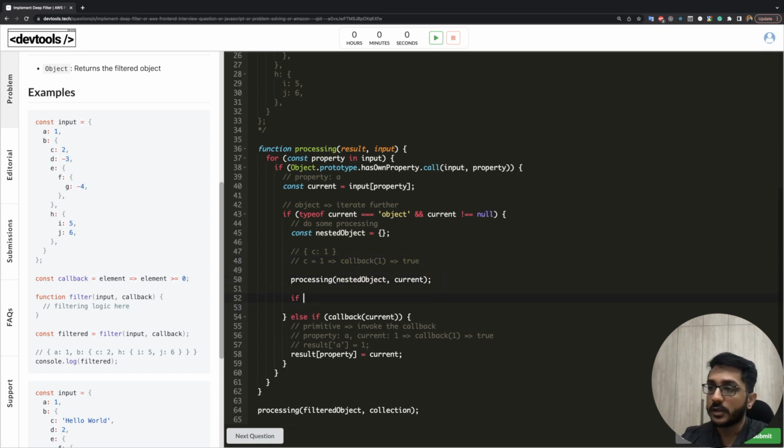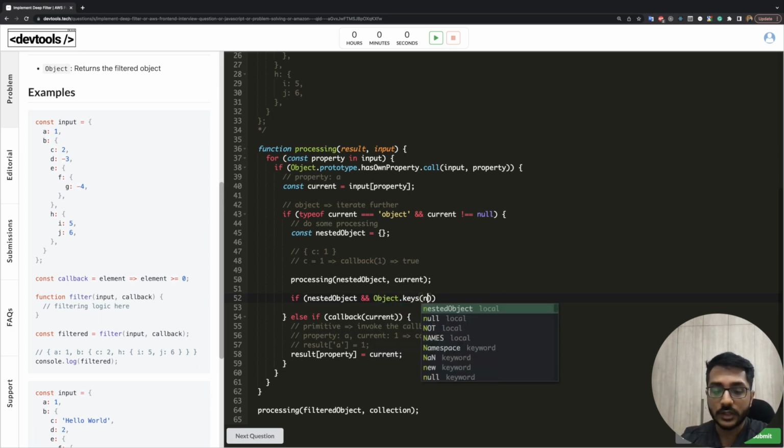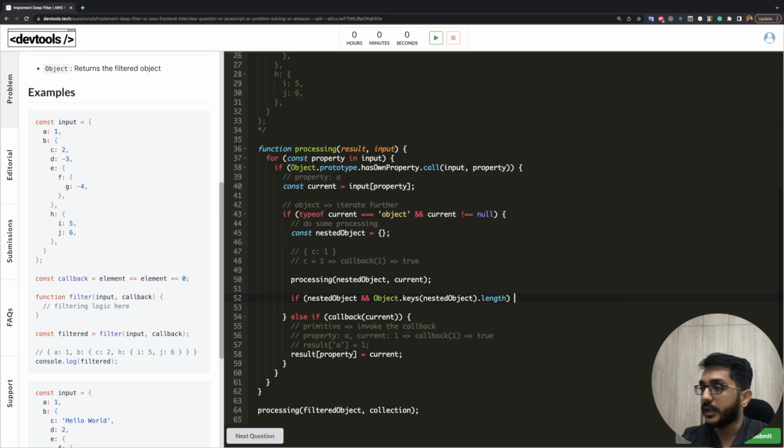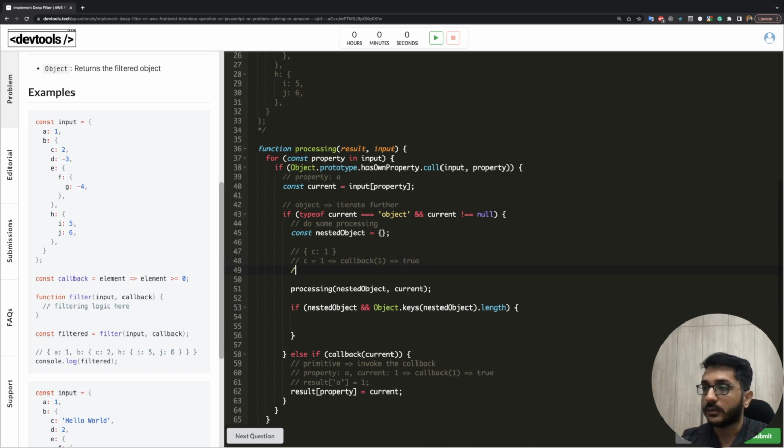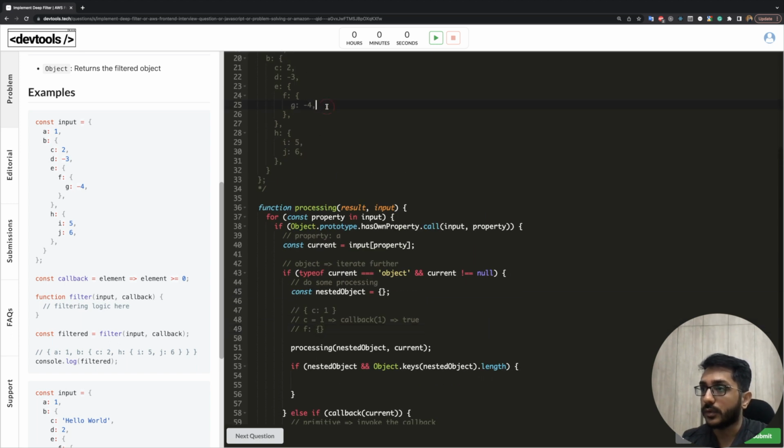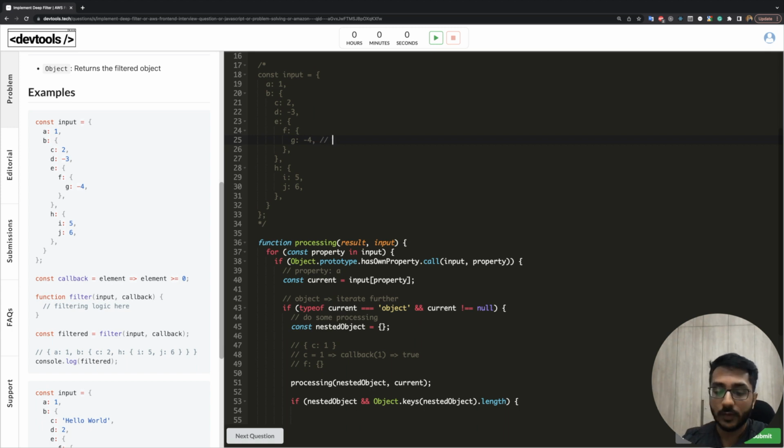By simply checking it. So if nested object is there and Object.keys(nestedObject).length, that means if we have the nested object and there are keys inside it, that means our nested object is not empty, because in case of f it would be an empty object. When returned, it would be an empty object because we are not including g, as -4 is empty. So we will omit this and we want to omit this also. We want to omit this also,